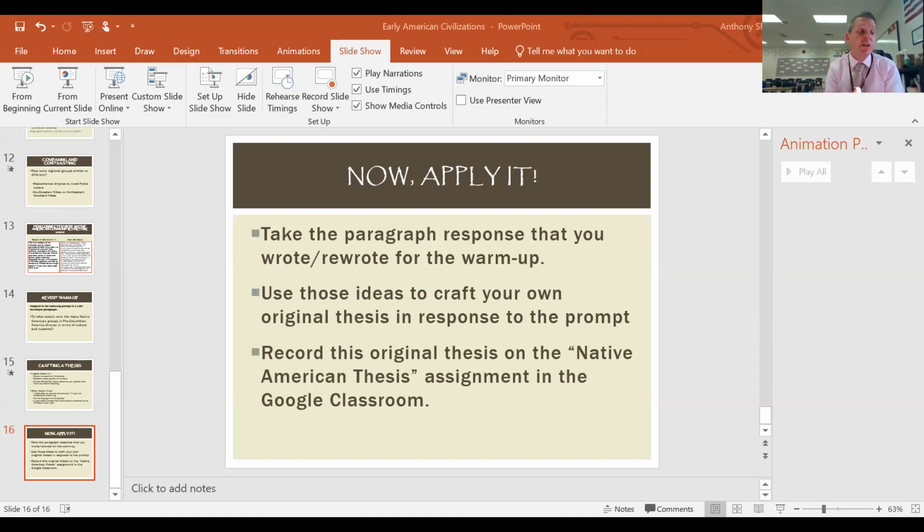I'm going to take those. I'm going to look at where we're at on our theses. It will show us a couple things. Number one, it's going to show me how well you understand the diversity of culture among Native Americans, but it's also going to show me where you are with your thesis. We kind of killed two birds with one stone today. We talked a lot about our Native American groups and analyzed the diversity of cultures and similarities between them, and we've also approached talking about developing a thesis.